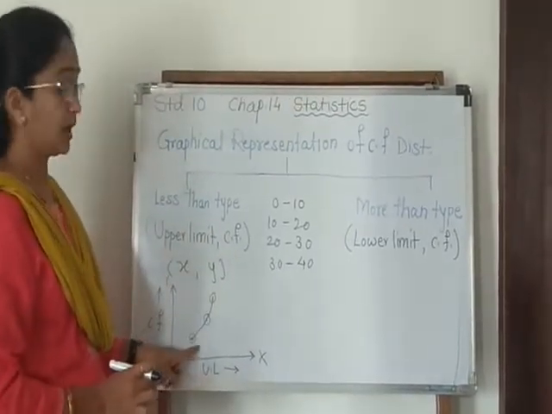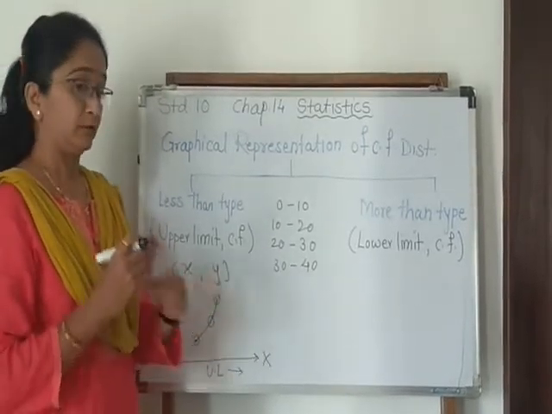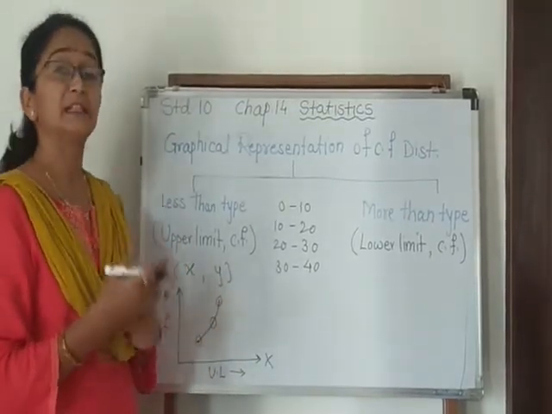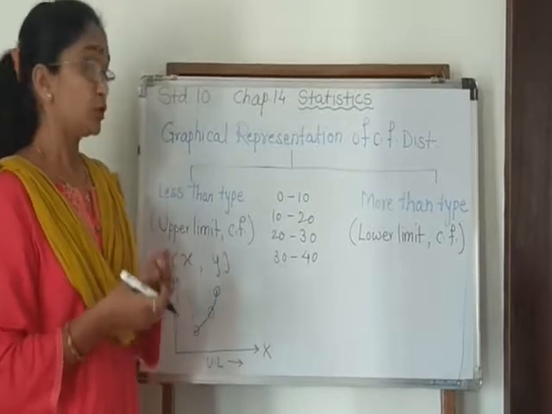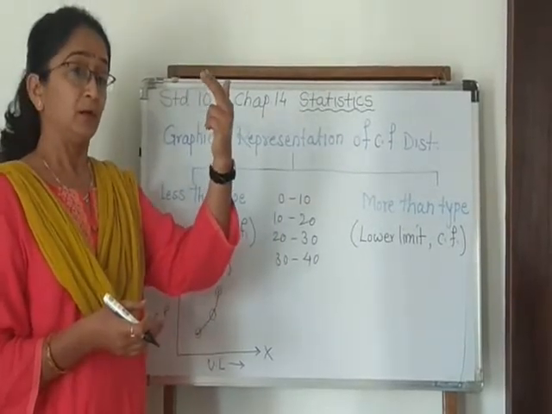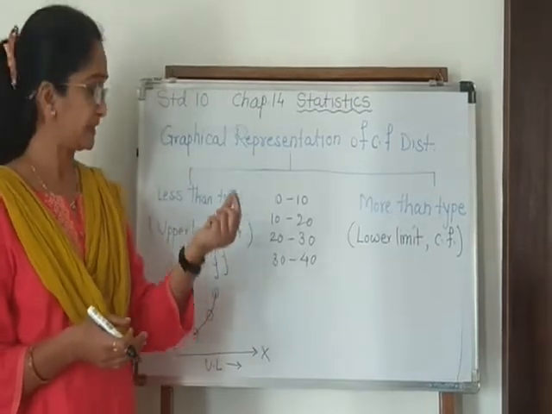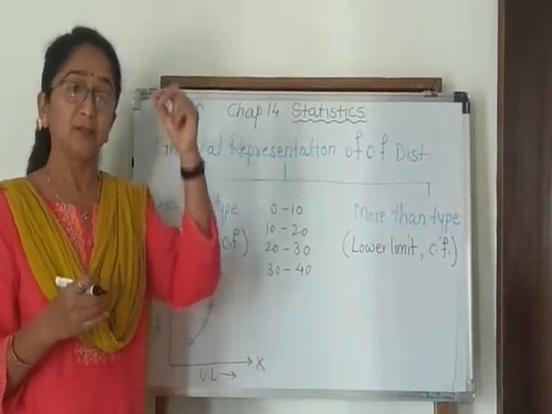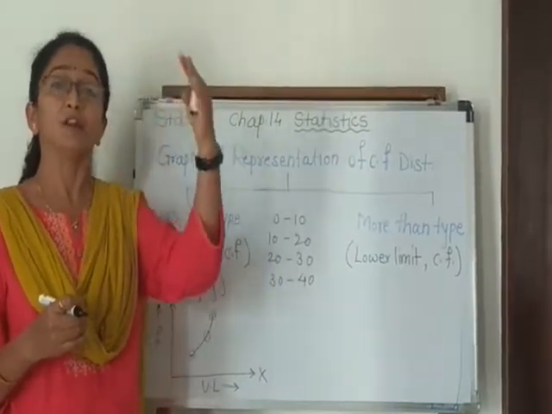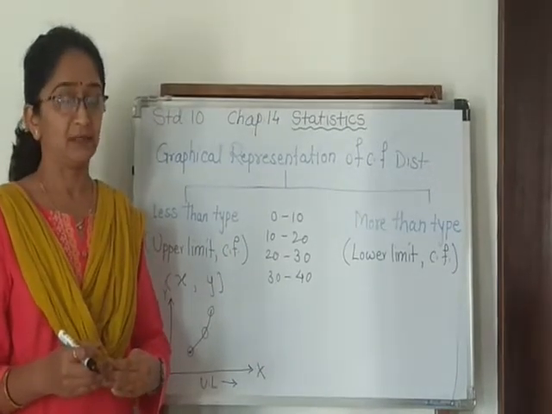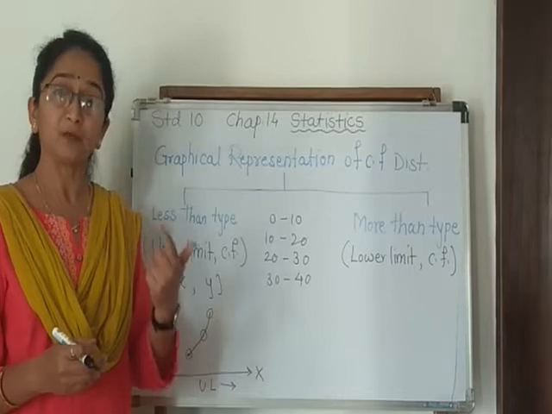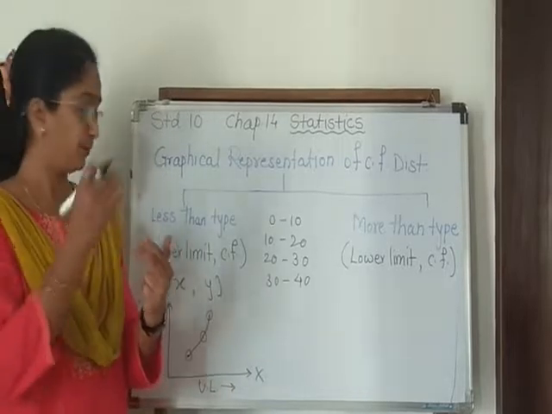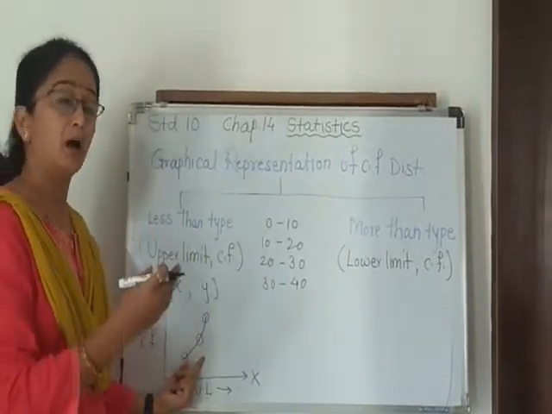Why is this cumulated upward? Because while converting the frequency distribution table into the cumulative frequency distribution, we are converting the frequencies into the cumulative frequencies. Those cumulative frequencies we are writing in the ascending order. That means keeping the frequency of the first class interval as it is, we go on adding. That means we are adding the frequencies from the first class interval to the last class interval. There we will get the cumulative frequencies in the ascending order. That means from smaller to bigger, and therefore this graph is cumulated upward.